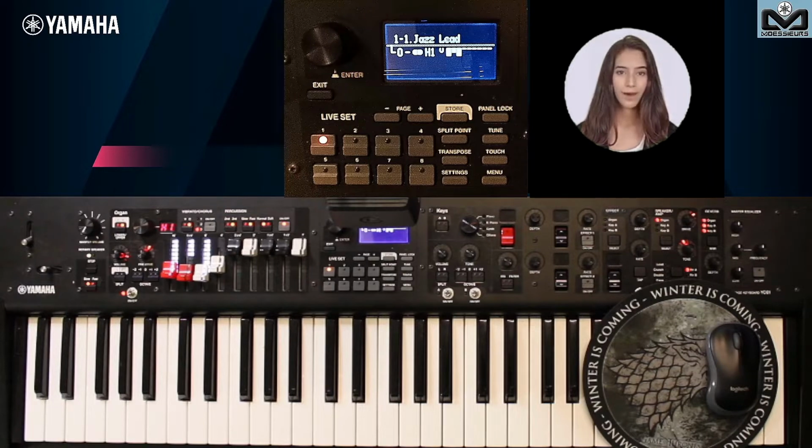If you want to format your USB key on your YC, put it in the USB to device port, which is on your YC back. Let's see with Paul how to proceed.